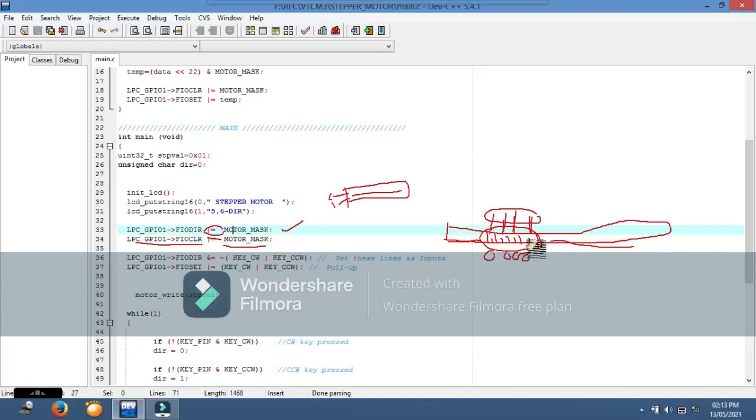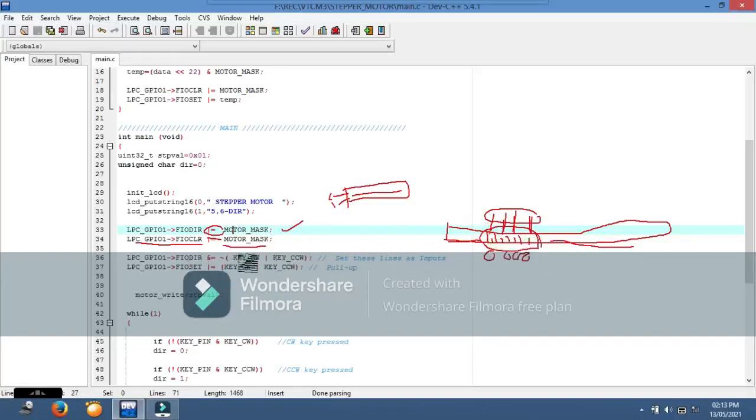Are you following? Those bits represented by the motor mask as 1, those bits in the register are made 0. Those bits represented by the motor mask as 1 are set to output port.